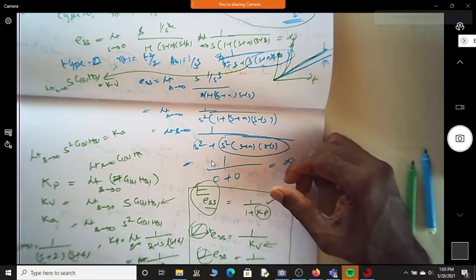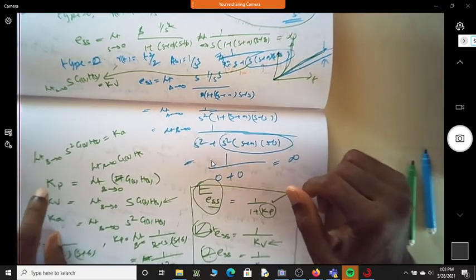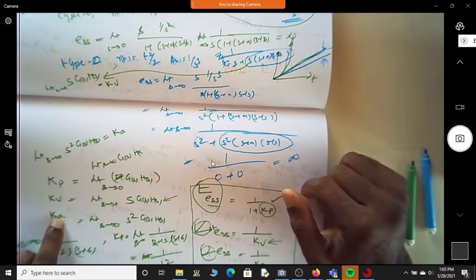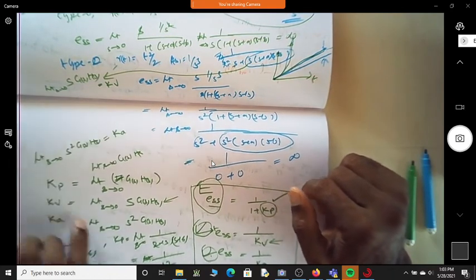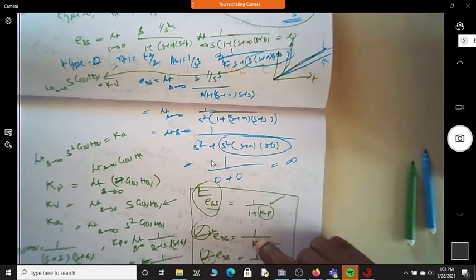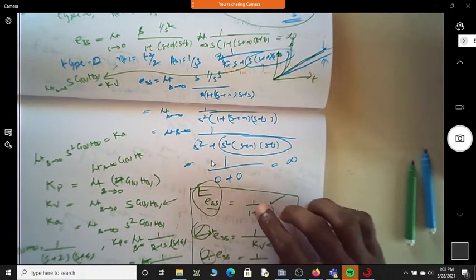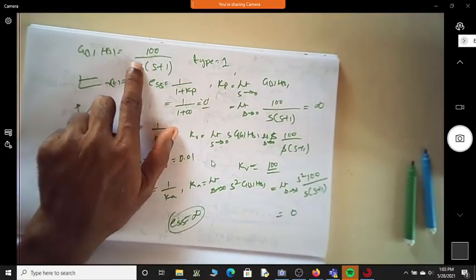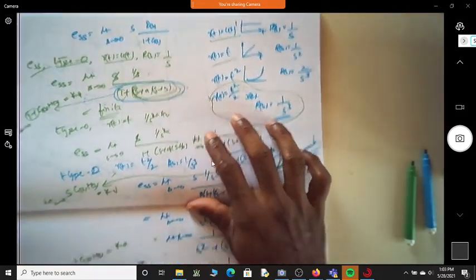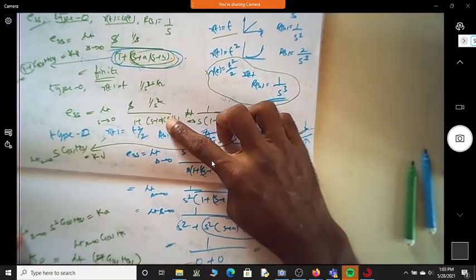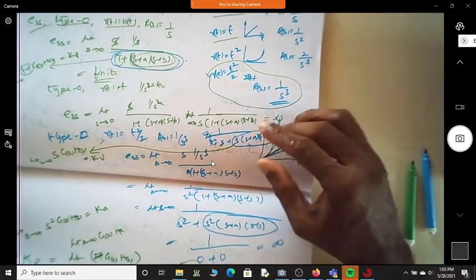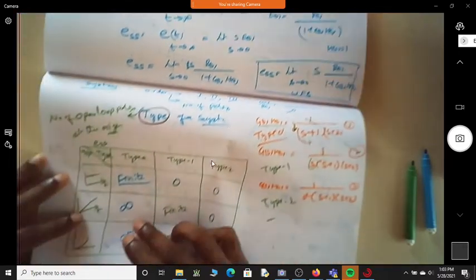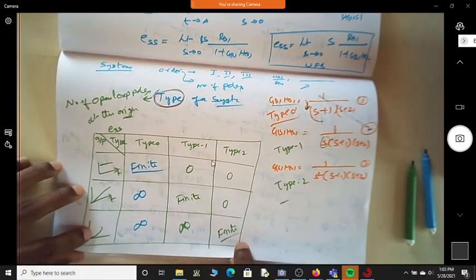Of course, we know what Ka, Kp, Kv are. These are the position error constant, velocity error constant, and acceleration error constant. These are all constants. Steady state errors are exactly 1 over Kv, 1 over Ka, and 1 over 1 plus Kp, depending on the type of input you have. This was a type 0 system, 1 over (s plus a)(s plus b). We found that the error was finite for a step input, and infinite for ramp and parabolic input.